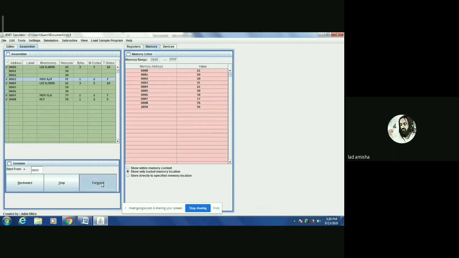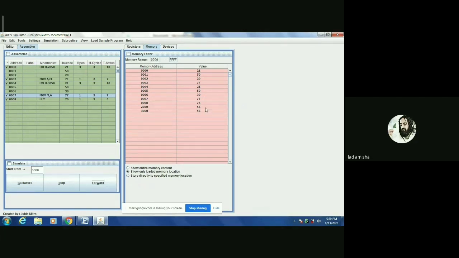Next line, LXI H, 3050H. Now next line, MOV M, A. Here we get the output: at 3050 we get 56H. So our program to transfer the data from memory location 2050H to 3050H is completed.